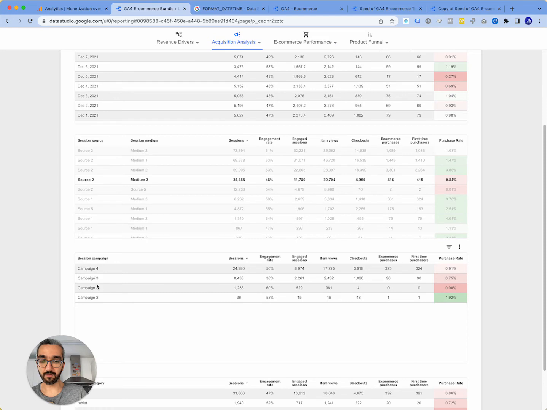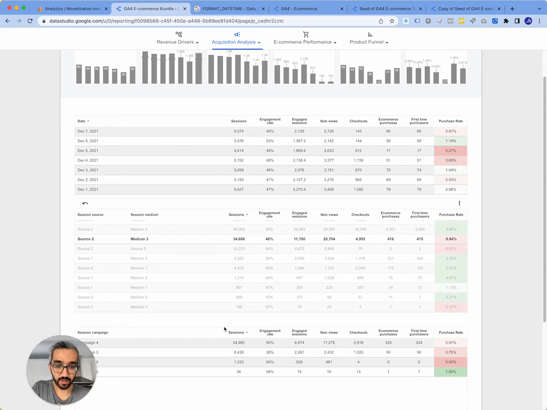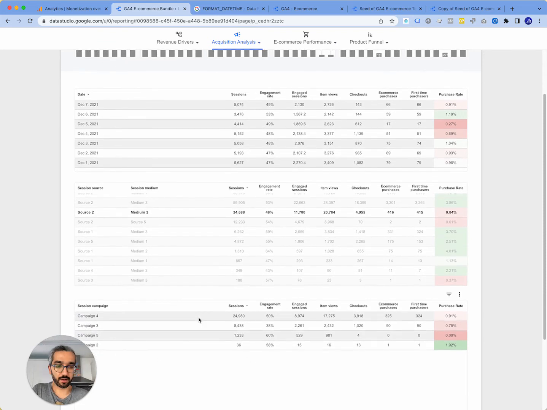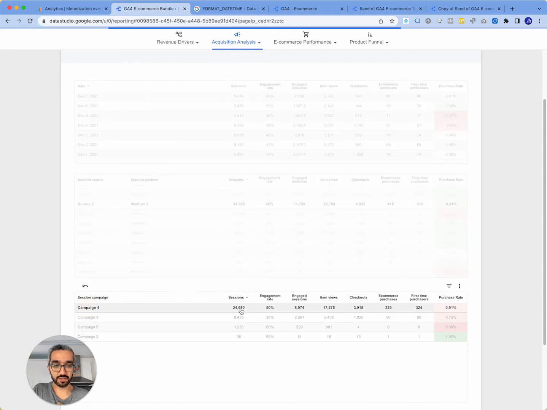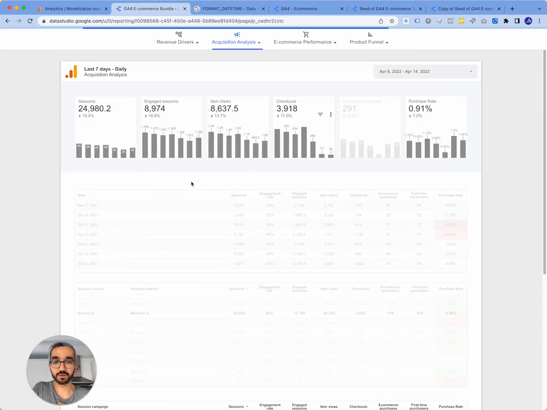If you define UTM parameters in these traffic sources, then you should see the campaign performance. Here are the 4 campaigns associated with this source 2 and medium 3. And you can look at every campaign here. For example, this is the campaign that generated the most traffic and revenue. When I click here, I should see